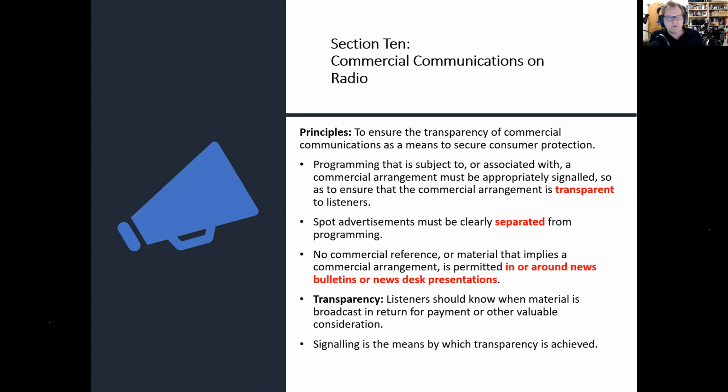And it's probably best to show who that person is in their advertising. If they're doing it for free, that's fine. You can say that, that's not a problem. But don't try and pass off somebody's sponsorship or commercial arrangement with the station as if it's free. You cannot do that, and I'll show you an example in a second that shows that. Spot adverts, those 30-second adverts, have got to be separated from the programs,